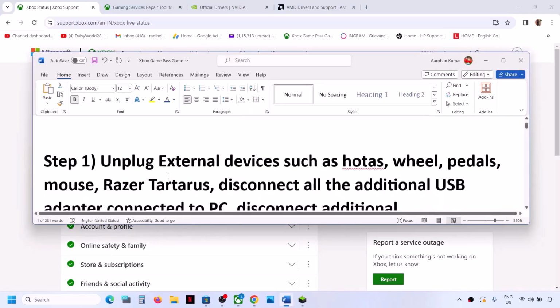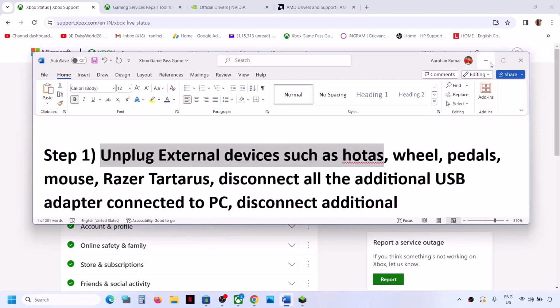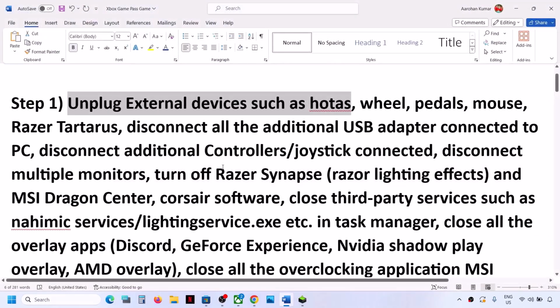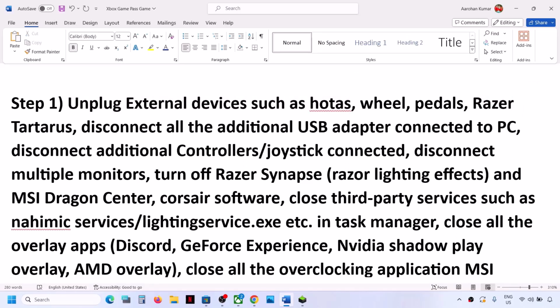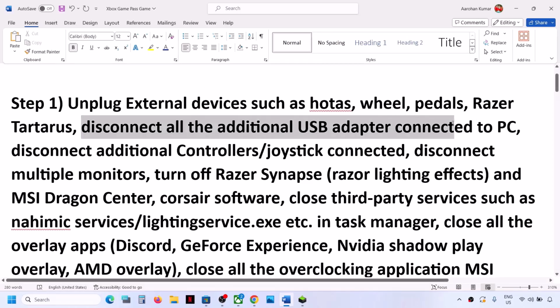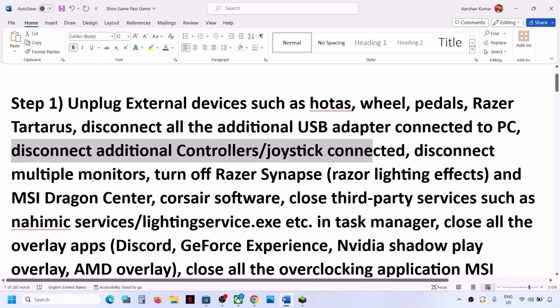Now the next step is to unplug external devices. If you have any external devices which you're not using, disconnect all of them, like HOTAS, wheel, pedals. You can just remove the mouse, and you can always connect your mouse once again. If you have any additional USB adapter or dongle connected to the computer, you can disconnect it. Also, if you have any additional controller connected, sometimes we have 2-3 controllers connected to the computer, disconnect the additional controllers